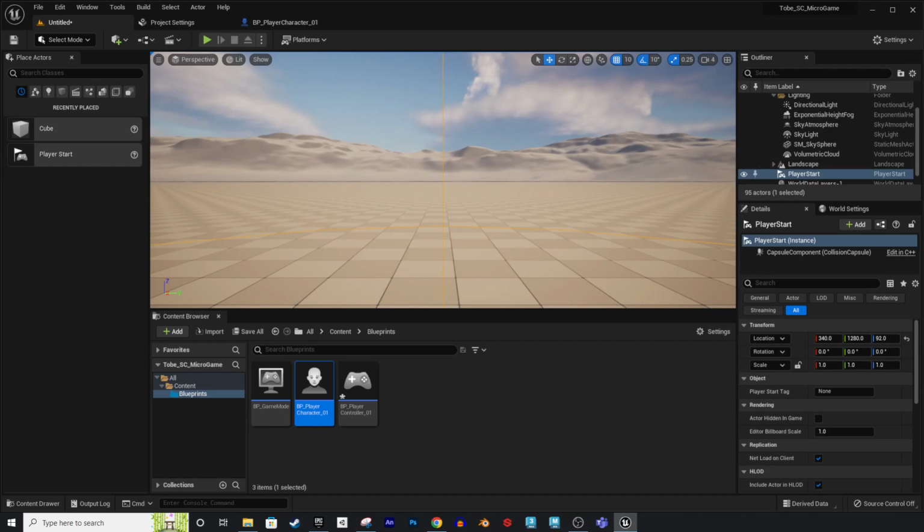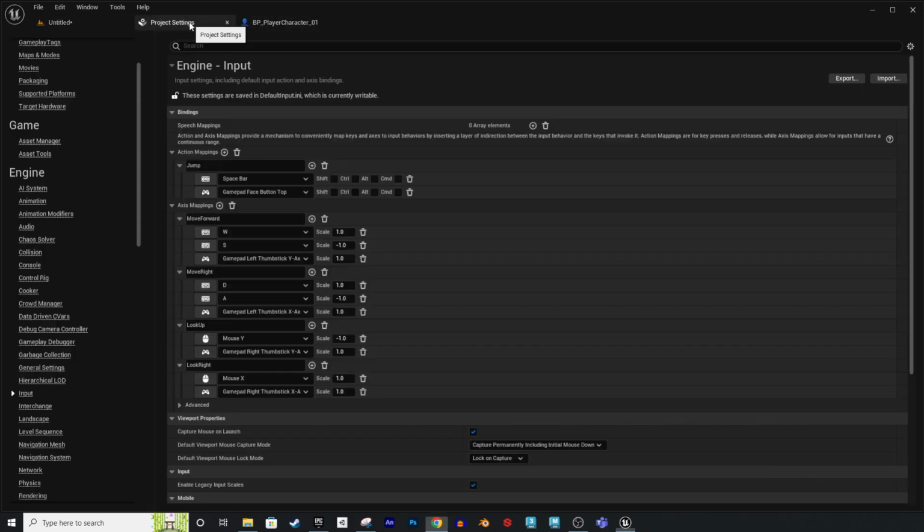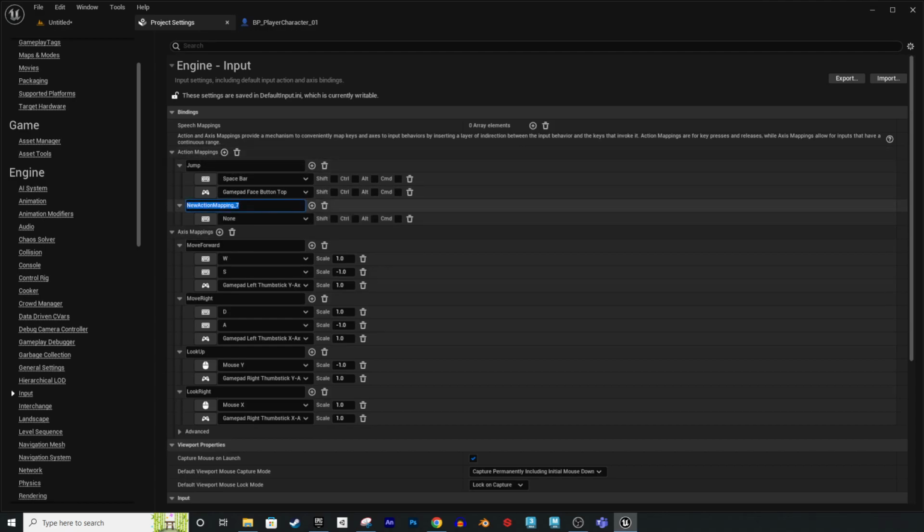So that's movement done. The next thing we can do is let's add in a sprint, which is very, very simple. So we'll go to our project settings here. We're going to add in a new action mapping for sprint. So let's add a new action mapping. Let's call it sprint. We'll bind this one to the left shift key, and let's pick a